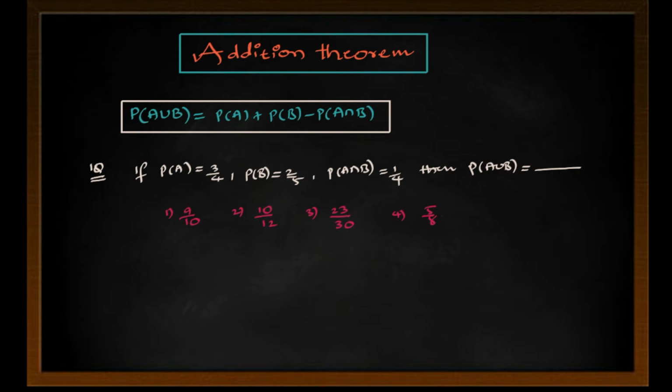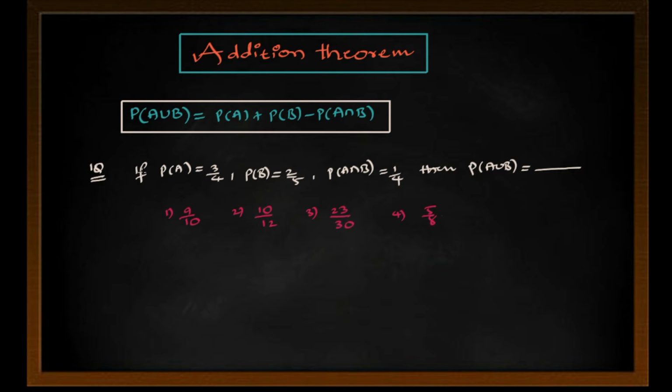First we will discuss what the addition theorem is, with a few basic questions. Later in this video we are going to discuss previous year questions. So let's start. What is the addition theorem? We know that P of A union B equals P of A plus P of B minus P of A intersection B. We all know the definition and proof; we are just using the formula. Here 4 things are there: A union B, A, B and A intersection B. From these 4, 3 are given, and the 4th one we have to make the subject.